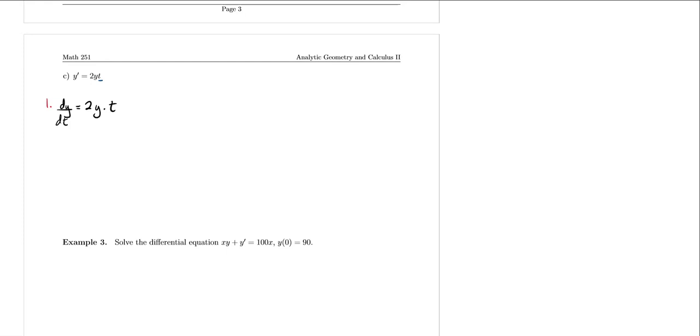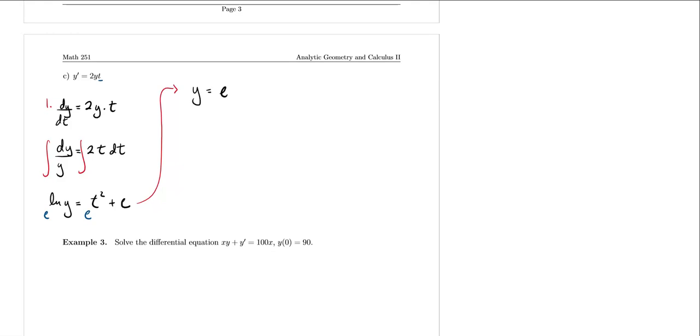Alright, so now the next step is to actually separate the variables. We want the y's with the dy's and the t's with the dt's. So this one is going to give us dy over y equals 2t dt. Okay, there we go. Now we can integrate both sides. And this is going to give us ln of y on the left-hand side, and the integral of 2t is going to give us t squared plus c. Okay, now we're pretty close to being done. Now we need to get the y by itself, so we exponentiate both sides. And this is going to give us y equals e to the t squared plus c,